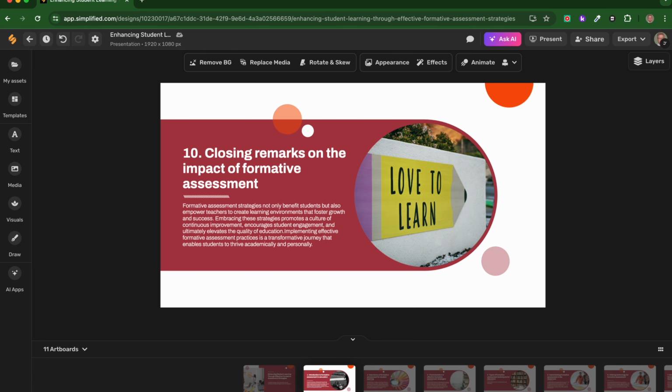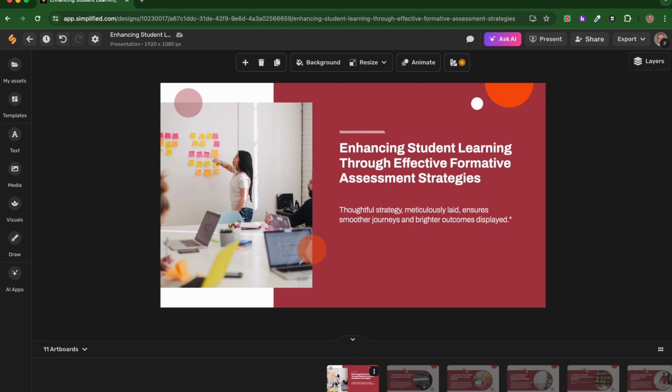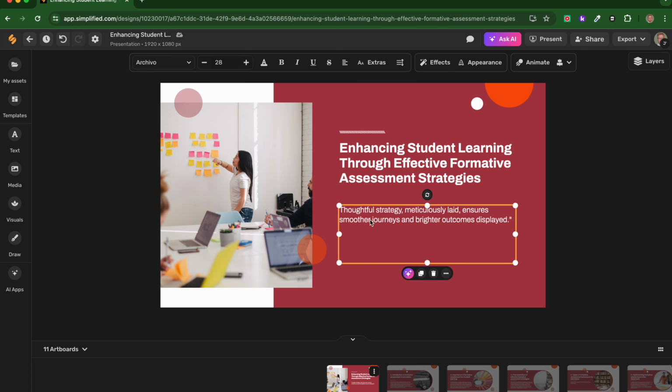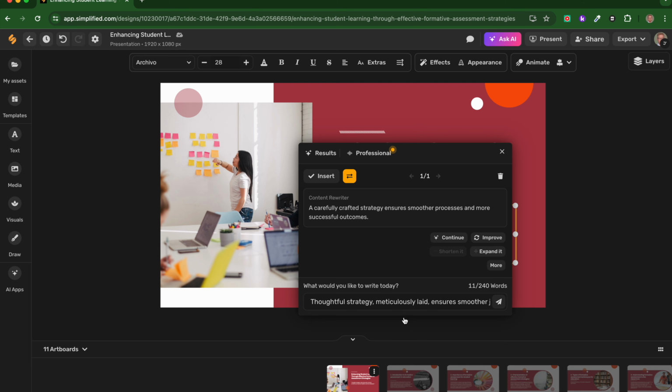So we can access the slides down the bottom like you can in quite a lot of presentation tools. We can access those there. If we click on the 3 dots, it allows us to duplicate or delete. And then if we click onto the slide itself, we can go in and we can either reword it by clicking on the AI tool. So we click on that. We can ask it to magic write, continue write, or to rewrite. So let's ask it to rewrite that. Yeah, and then if we're happy with that, we can click insert,